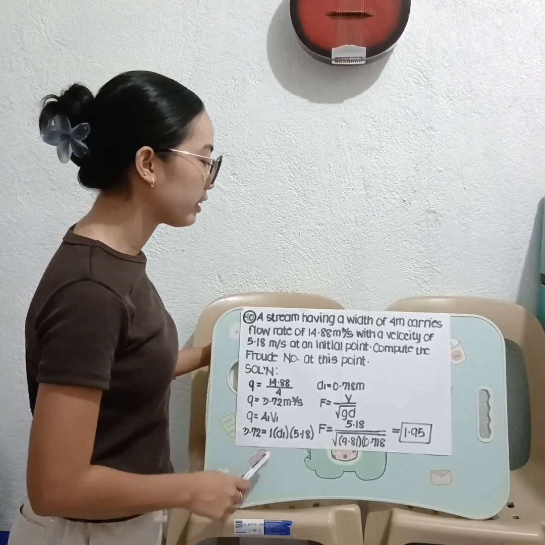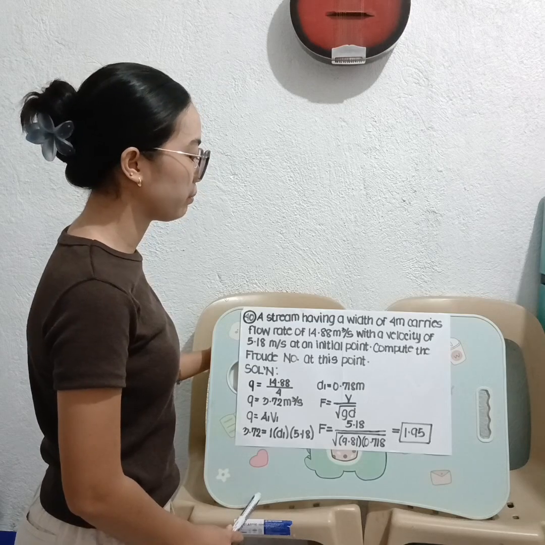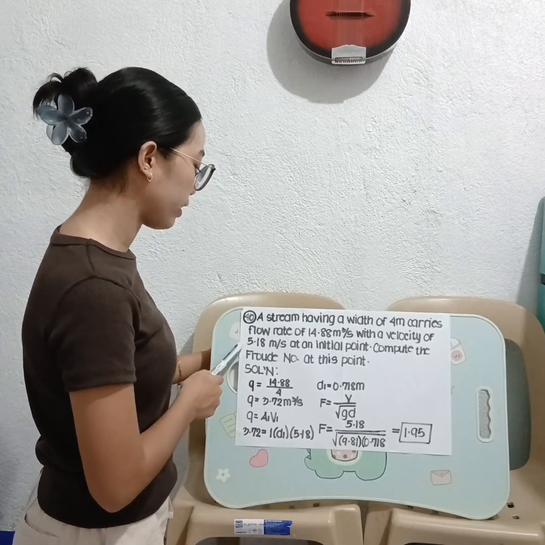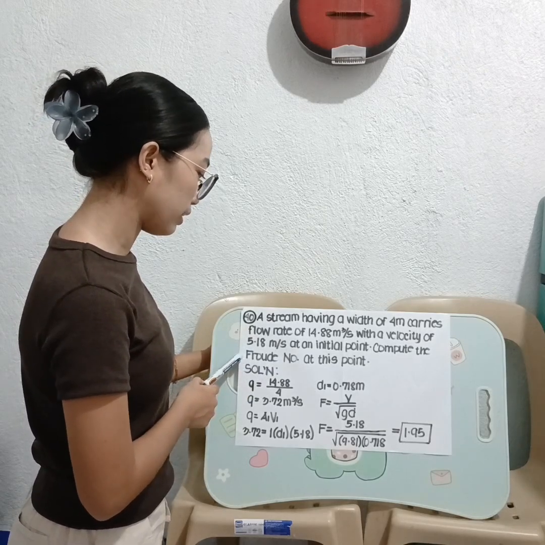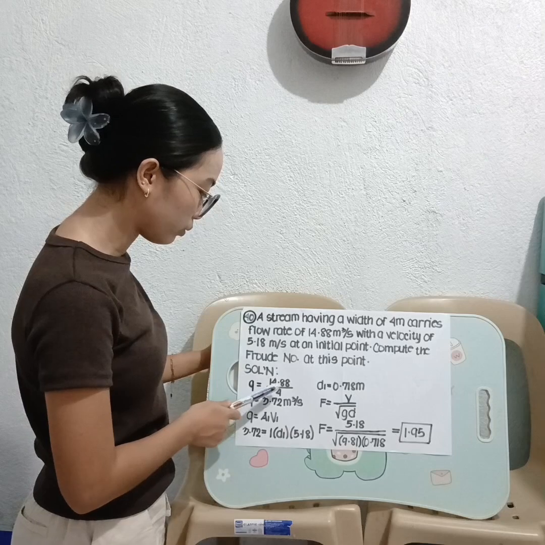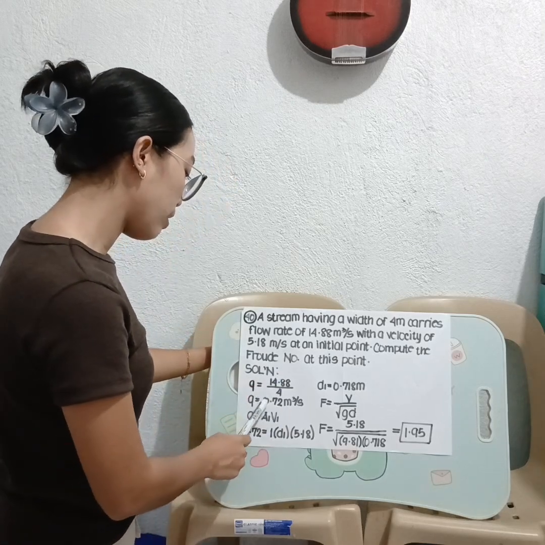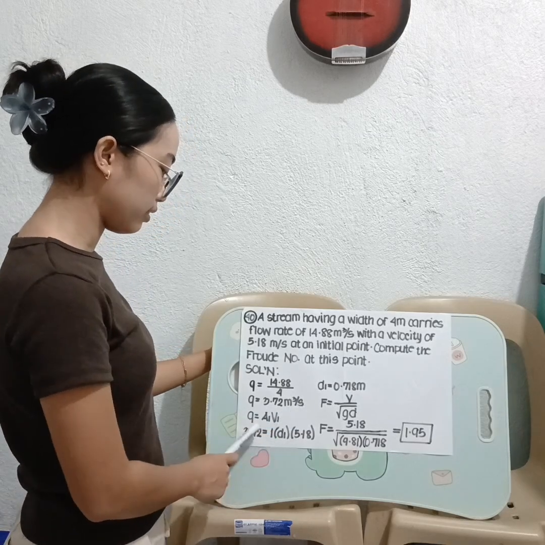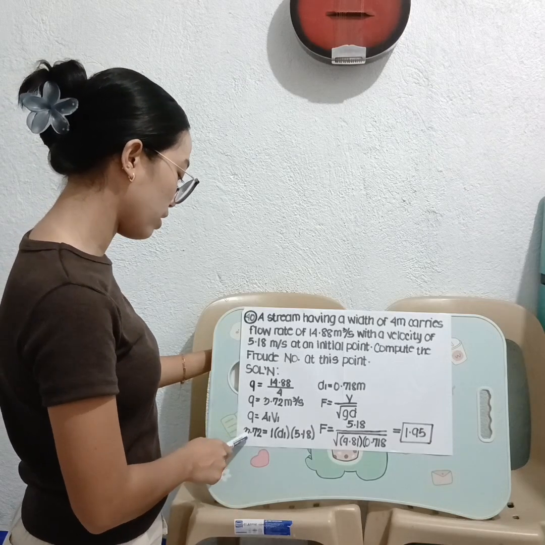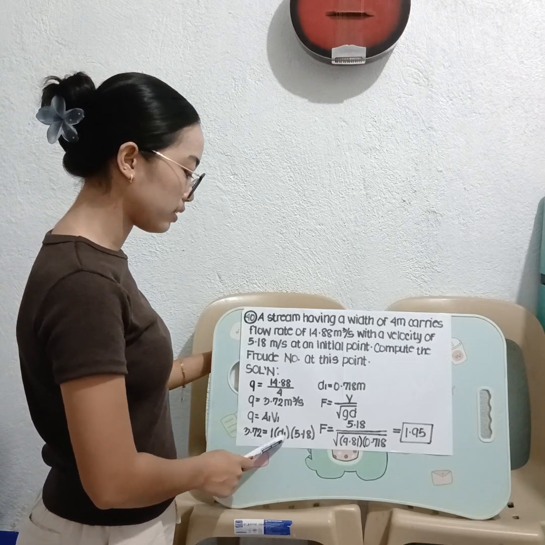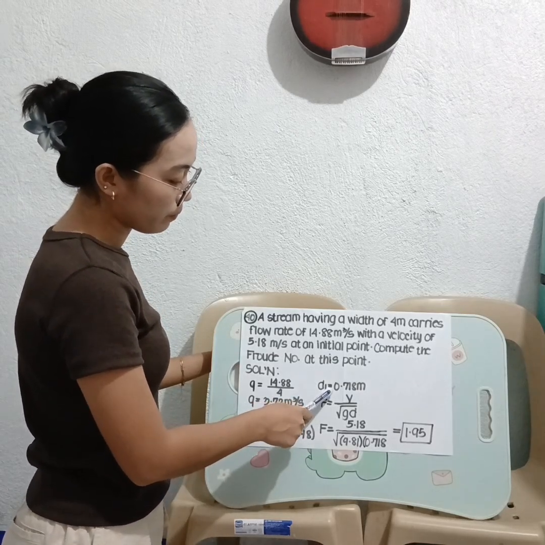Next is a stream having a width of 4 meters that carries a flow rate of 14.88 cubic meters per second with a velocity of 5.8 meters per second at an initial point. Compute the Froude number at this point. So we have q equal to 14.88 over 4. We have our q equal to 3.72 cubic meters per second per meter. So we have Q equals A1 V1. We have 3.72 equals 1 times D1 times 5.8. We have our D1 is equal to